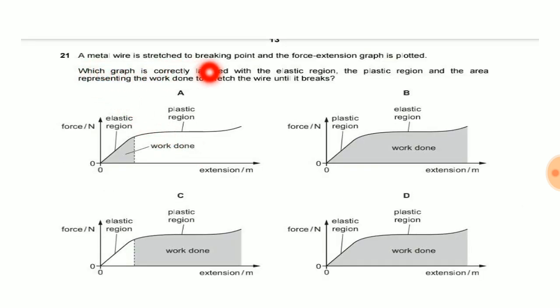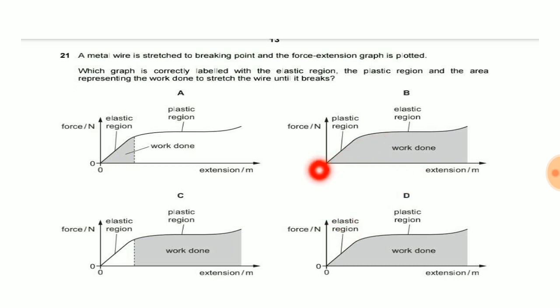In this question, a metal wire is stretched to a breaking point and the force extension graph is plotted. Which graph correctly labeled the elastic region, the plastic region and the area representing the work done? If you see this graph, this is the actual work done, and this type of graph is here also. So option choice C and D must be the answer. This is the actual work done during this process. But if you see this